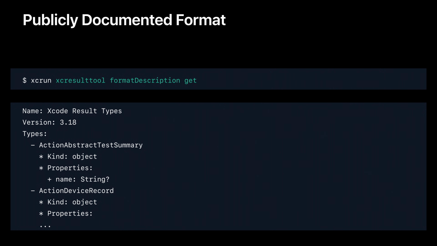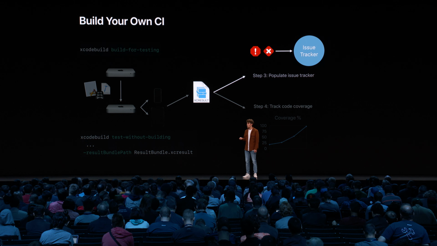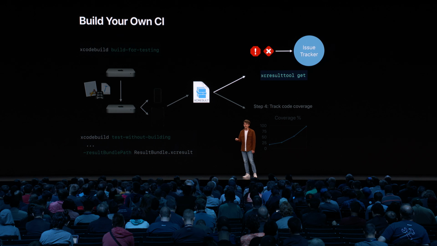Don't worry if you didn't follow those steps 100%. Like I mentioned previously, a big benefit of XCResultTool is that the JSON it produces is publicly documented. In fact, the tool itself can describe the schema of the JSON using the format description command. The schema lists all of the possible types of objects that can be present in the output, so I encourage you to refer to it as you write your own automation on top of the tool. Last but not least, check out the tool's man page for more information. With our newfound knowledge of XCResultTool, we can now fill in step number 3. We'll use XCResultTool get to extract those build and test failures from the result bundle and put them in our issue tracker.